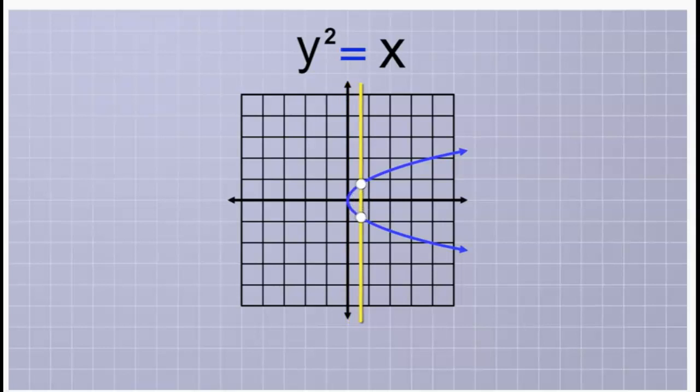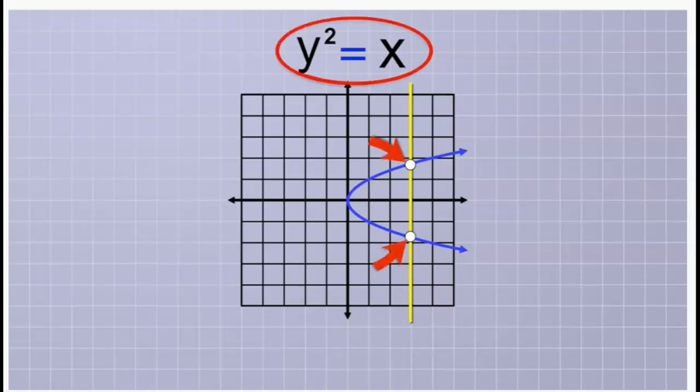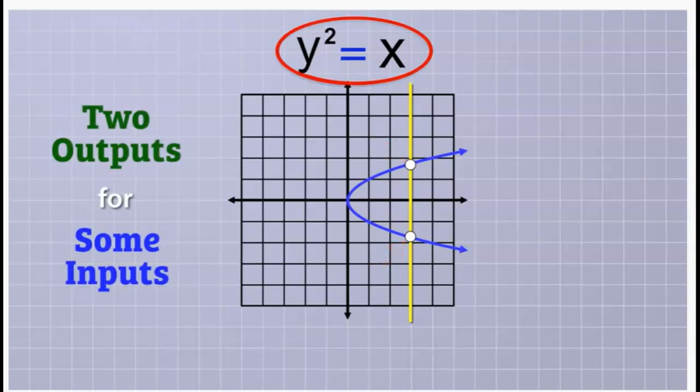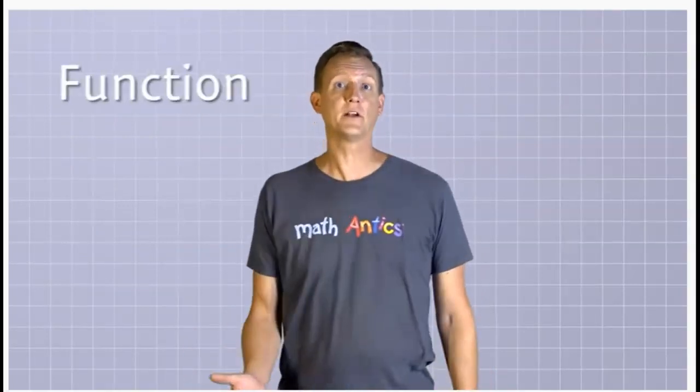But as we move to the right on the x-axis, you can see that our vertical line is now intersecting the curve in two places. That means this equation is giving us two possible outputs for some of its inputs, which means that it's not considered a function. Okay, now before we wrap up, we need to talk briefly about some common function notation that